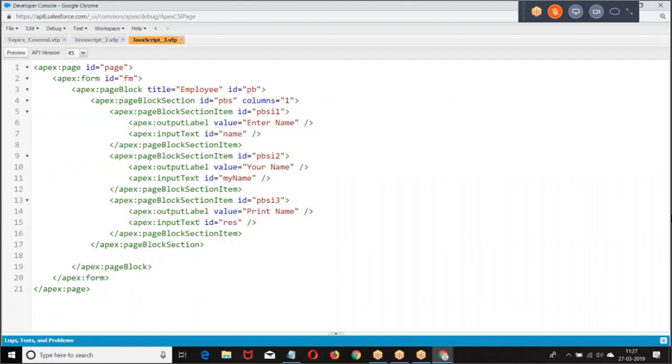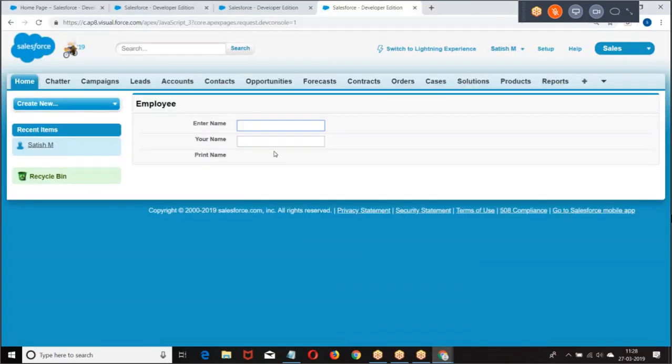Here, instead of input text, I'll take output text. What is my requirement? Whatever name you enter here, I want to print here. What was my requirement? If I give Satish, then automatically this data should be displayed here.